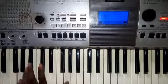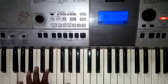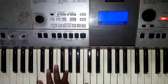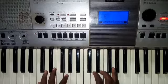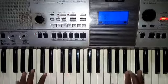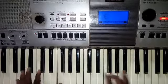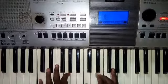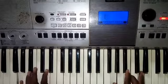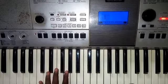For the 5th chord, you add the 5th of the 5th chord. This is G: do, re, mi, fa, so. So it's so, re, so, 5, 2, 5. For your 4th chord, 4, 1, 4. 5, 2, 5. Do, so, do, 1, 5, 1. That's it. So you go like this. Sometimes you can use just the 1 and 5th instead of using all. You see what I'm doing? Another left hand pattern you can use, instead of using your 5th, is by using your